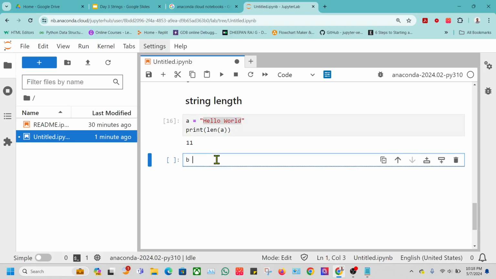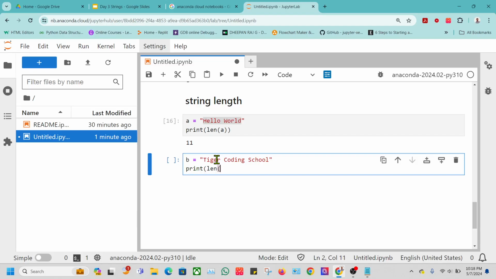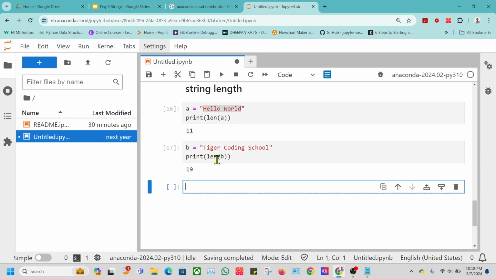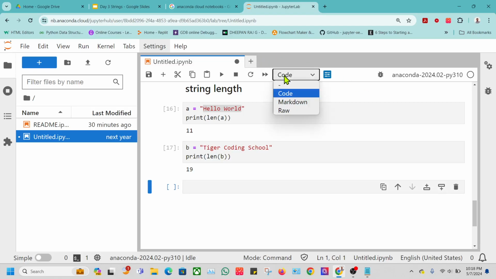For example, I can take this as tiger coding script. And if I want to see how many characters are in it, I can give the length of b. So I will get how many characters are present in the tiger coding script. So this is an example for string length. Then if you want to check a string,